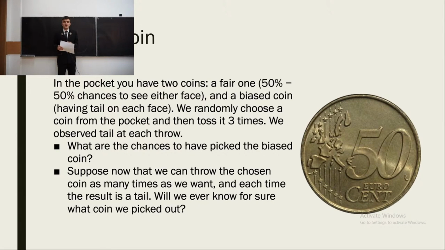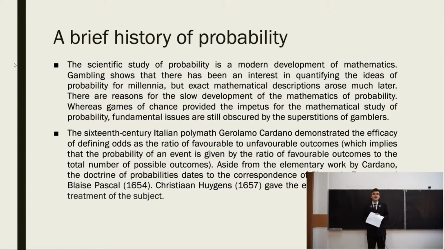I'm going to start off with a brief history of probabilities. The scientific study of probability is a modern development of mathematics. Gambling shows that there has been an interest in quantifying the ideas of probability for millennia, but exact mathematical descriptions arose much later. There are reasons for the slow development of the mathematics of probability. Whereas games of chance provided the impetus for the mathematical study of probability, fundamental issues are still obscured by the